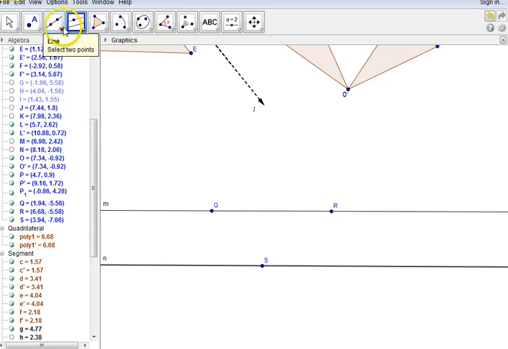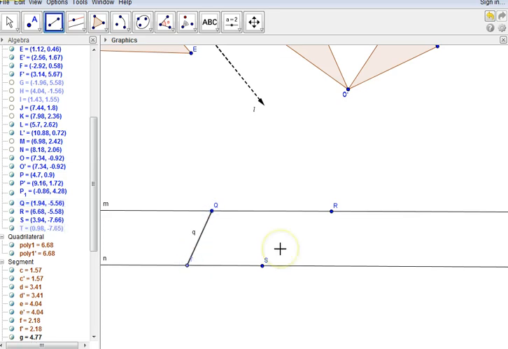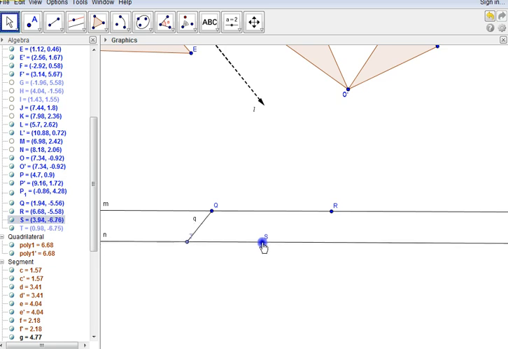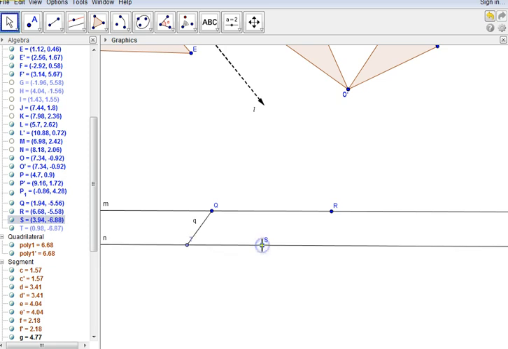So I'm thinking if we create a segment, and I'm also thinking we could bring this closer and maybe even put the, oh, I know, I need a segment, I need a line parallel to this segment. If I'm really going to make a parallelogram,